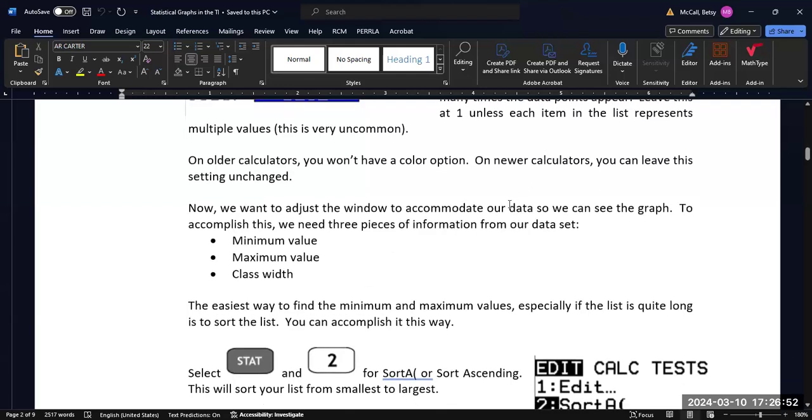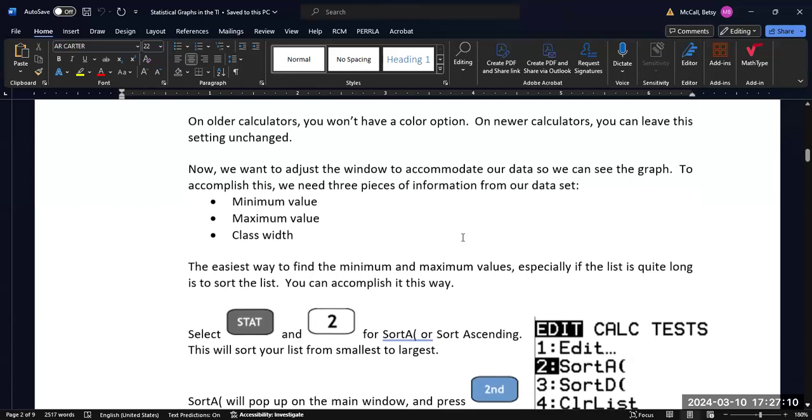Now, on the newer calculators, especially the very, very new calculators, they may be able to do this for us, but typically we are going to want to specify a window adjustment so that we can make sure the graph displays appropriately. So we are going to need to set on our window screen the minimum value, the maximum value, and the class width so that this will calculate the correct screen width for us, and the correct number